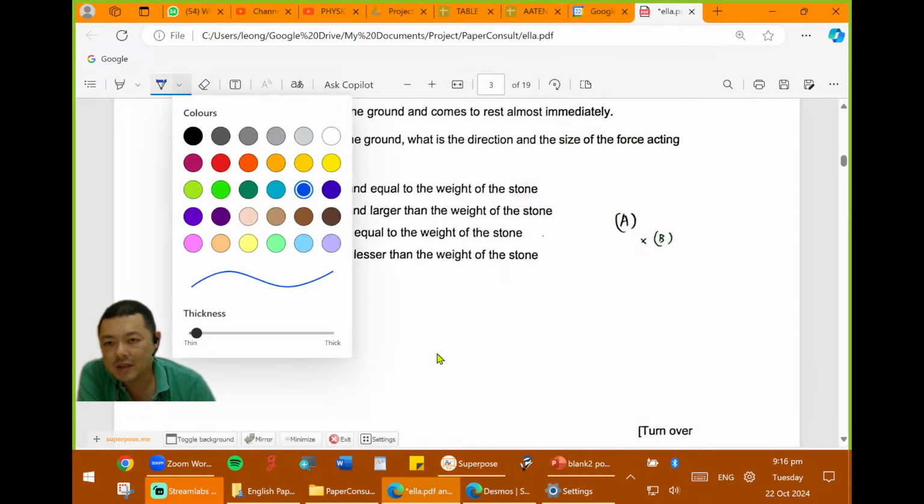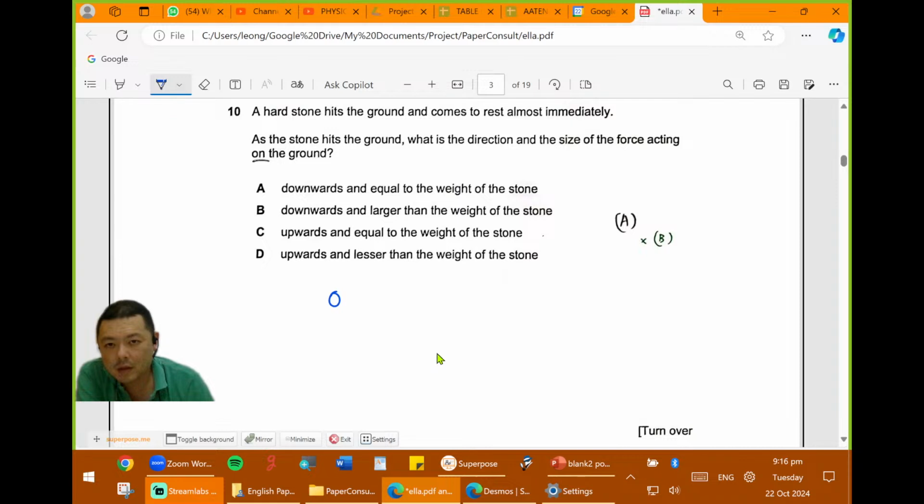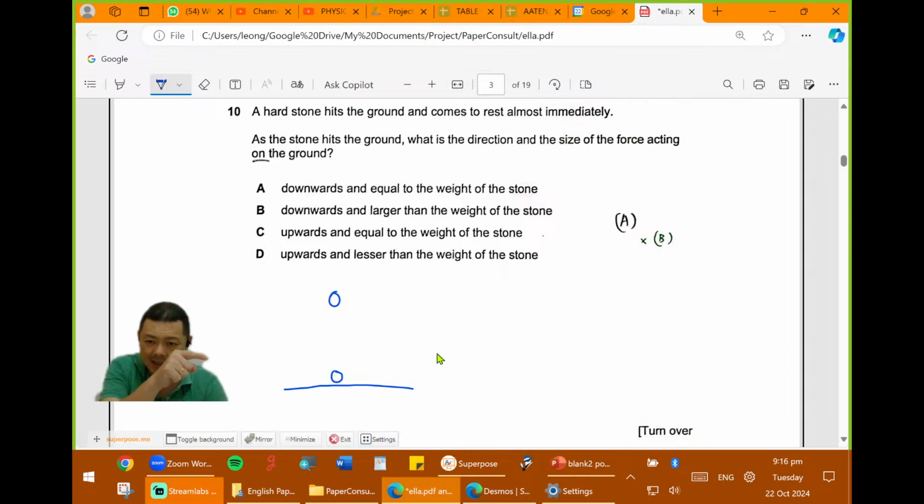So for 10, I have to illustrate this for you. The stone falls, right? Do you see me drawing this, like it's just almost touching the ground. What do you think the speed of the stone is, just before here? 3 meters per second? 3 is a bit short though. Okay, let's go with 30 meters per second.